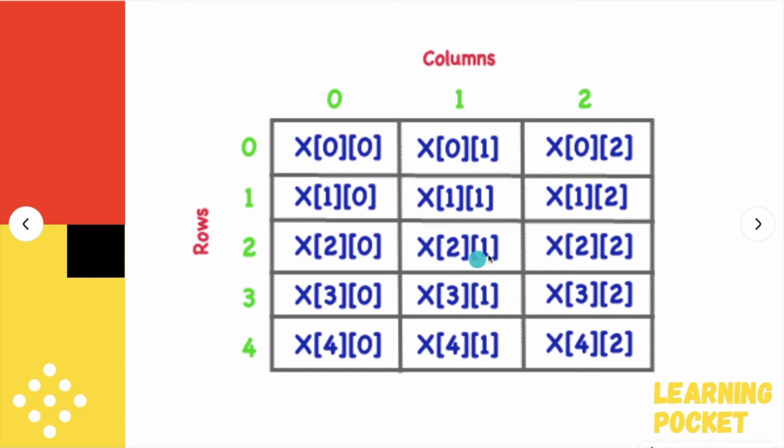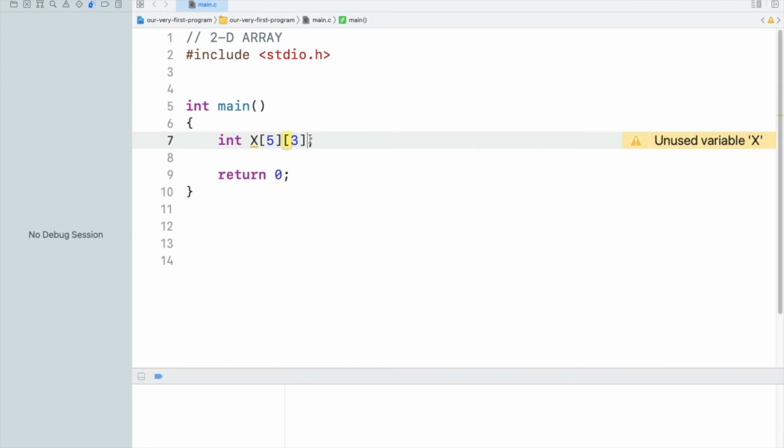If I want to access this particular element, I need to write x[2][1]. And if I want to access this particular element, then I will write [1][0], and so on for all the rest of the blocks. Okay, so I'm going to initialize it within the row itself, and for that I'm going to use curly braces, and then I need to fill each and every row with separate curly braces. I will be making 5 of these, separated by commas.